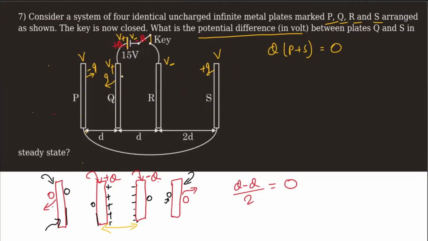This will have Q charge, this will have Q minus Q, and this will have minus of Q minus Q, and this has plus Q, so this will have minus Q. Sorted. Still you can check with things here. This plate के पास अभी भी total charge is Q, and this plate के पास अभी भी total charge is minus Q. Then so charge distribution will look something like this.